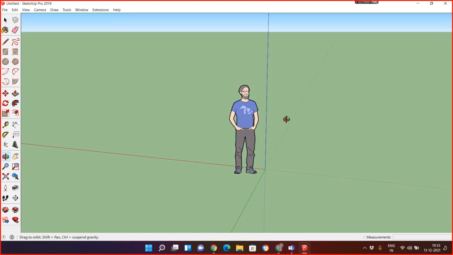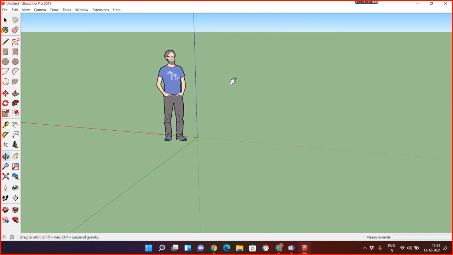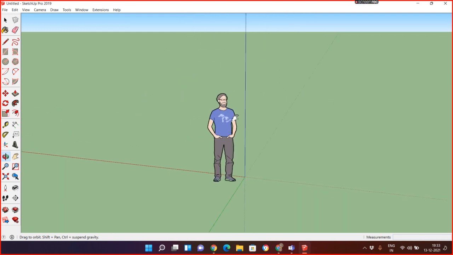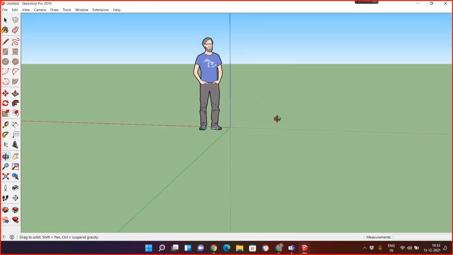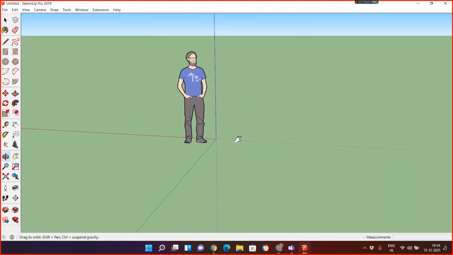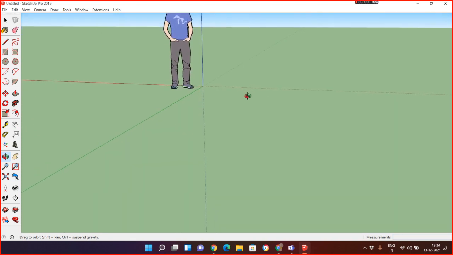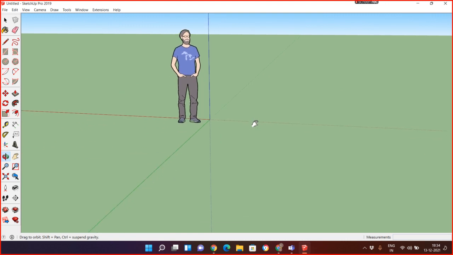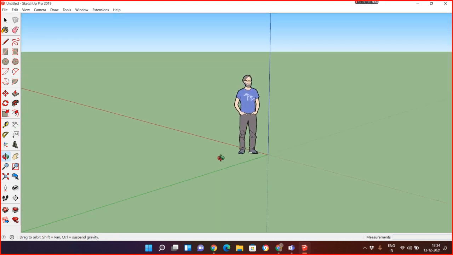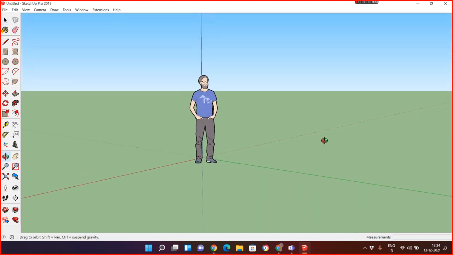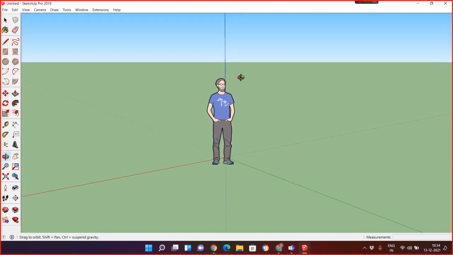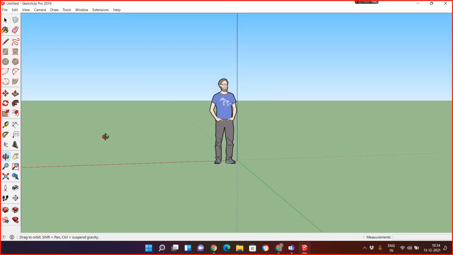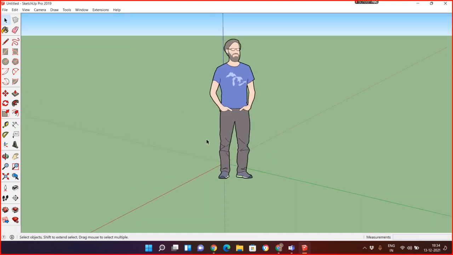If I'm using orbit with Shift, look, the pan tool is activated. And where did I find it? Look over here, information about the tool. See what it says: if you hold Shift, you can easily pan. First controller, scrolling, zoom in, zoom out.